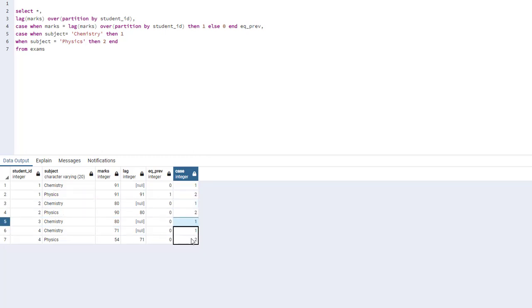Meaning that whenever the sum is equal to 3, this means that the student has the 2 subjects, chemistry and physics. Now everything is clear. All I have to do is display that into the condition. Let me put this into a CTE as